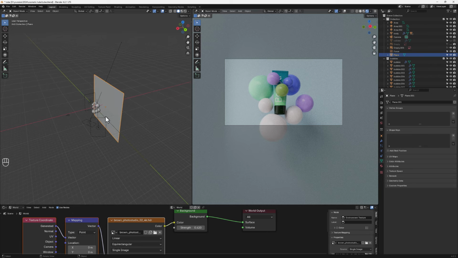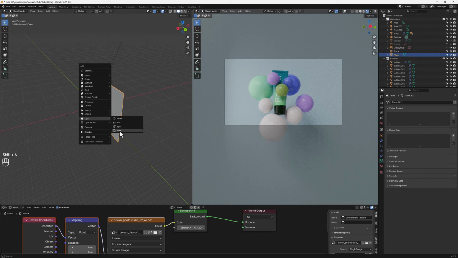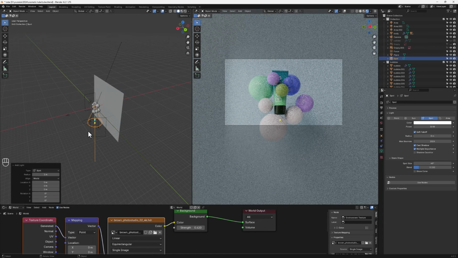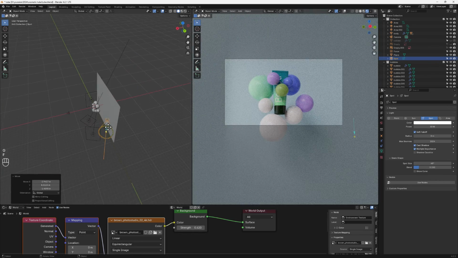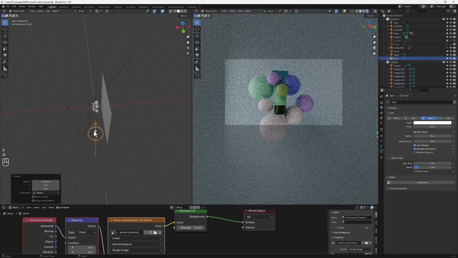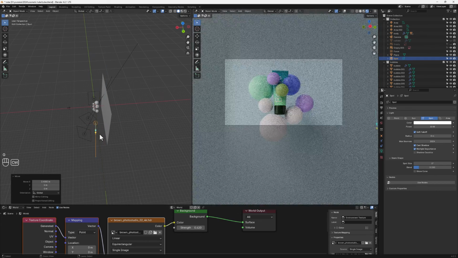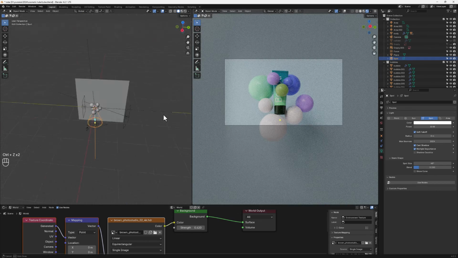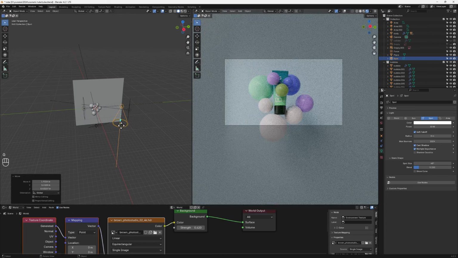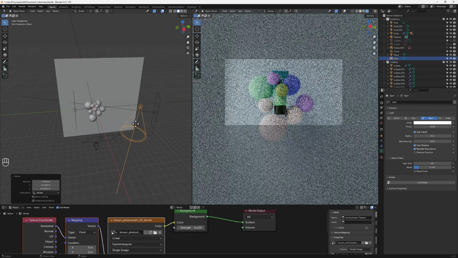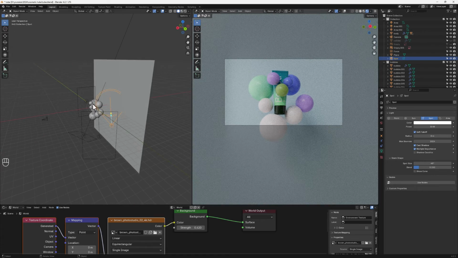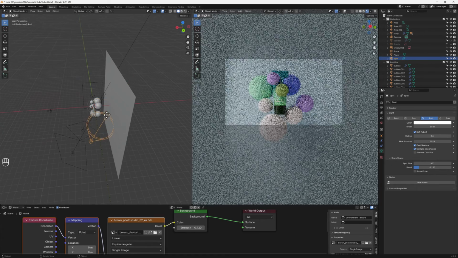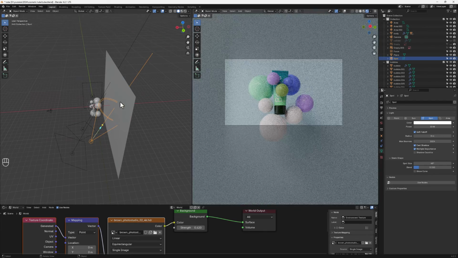So to do that, we are going to use a light. We'll go with a spotlight, bring it at this side, just bring it to the side. Then we are going to position our spotlight. We are going to let it face our backdrop like this. So the spotlight's main purpose is just to face the backdrop and then to cast a